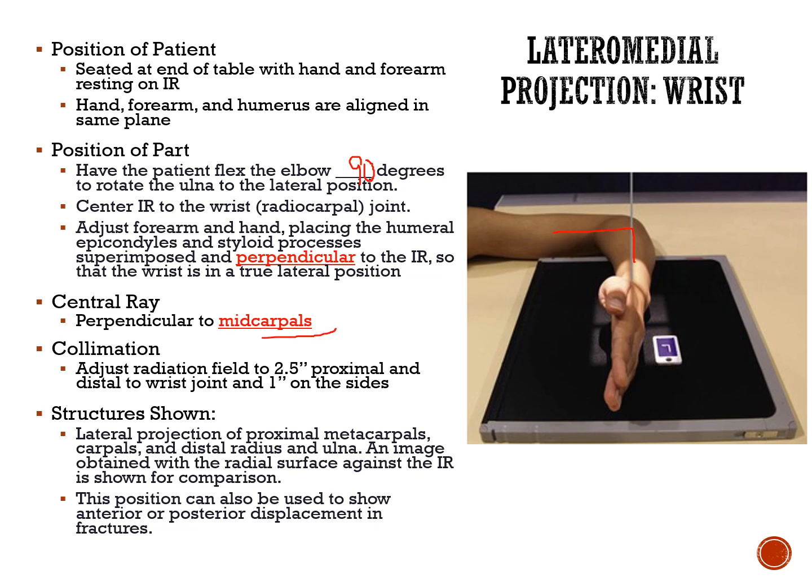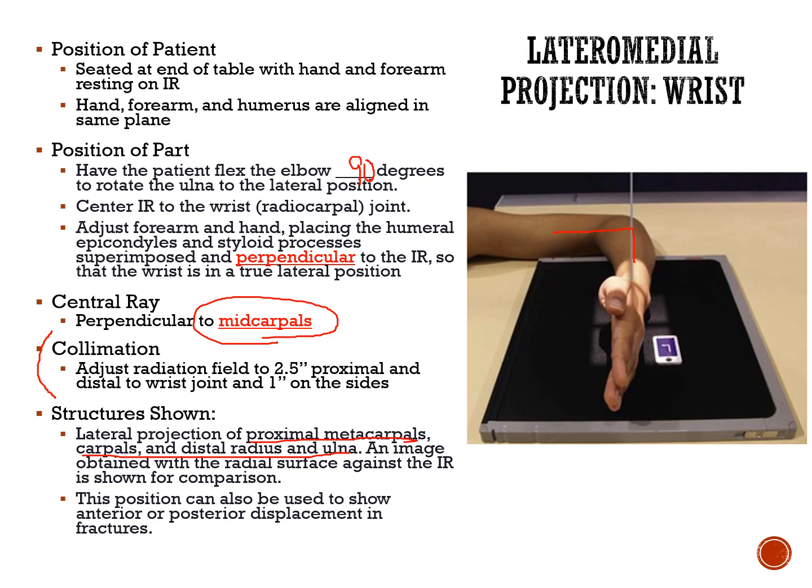We want to be perpendicular to the mid-carpal, so we want that collimation to be the same as it was for the PA as well as for the oblique. We're going to get a lot of projection of the proximal metacarpals, the carpals, and the distal radius and ulna. And we're going to see this obtained with the radial surface against the image receptor, could be shown in comparison,